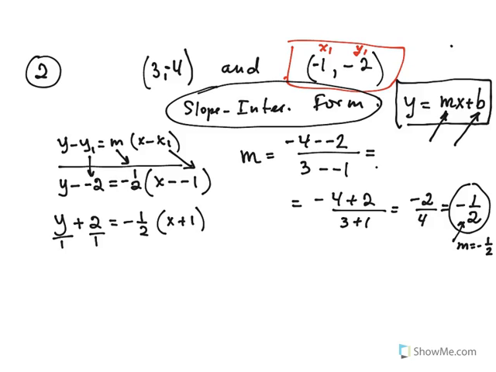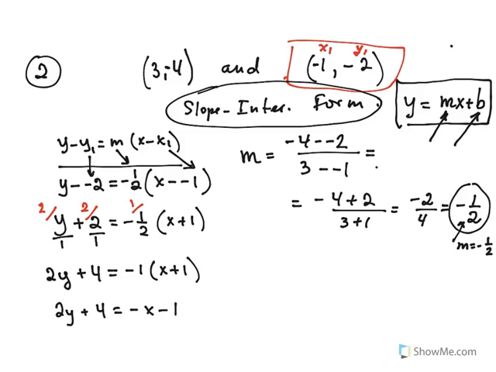So we're going to multiply this fraction by 2, and we're good here because we already have 2 on the bottom. And now we can ignore the denominators basically because we're going to get 2, 2, 2. We're just going to do 2 times y plus 2 times 2 is 4 equals -1 times x plus 1. Now you're going to distribute the -1, which is much easier, right? Negative x minus 1, and we're going to get 2y equals, let's subtract 4 from each side, and we get